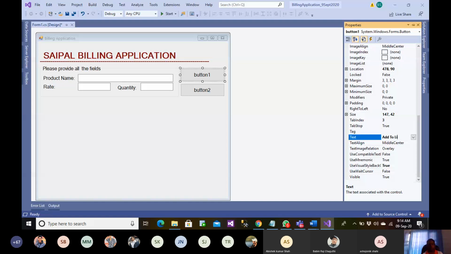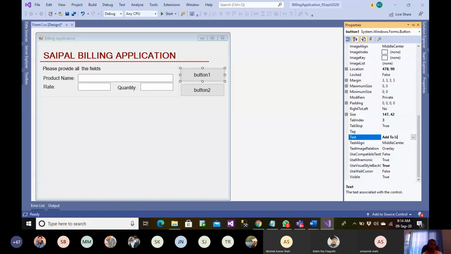Let's take a panel. All right, now let us make this border style fixed 3D. All done. Now here inside this panel, I'm going to take a data grid view.